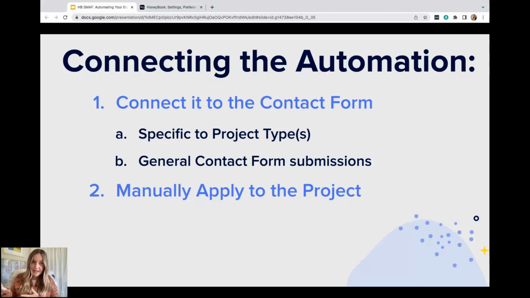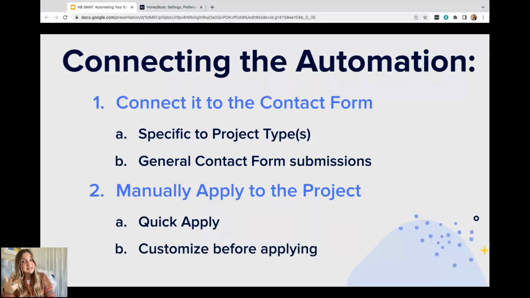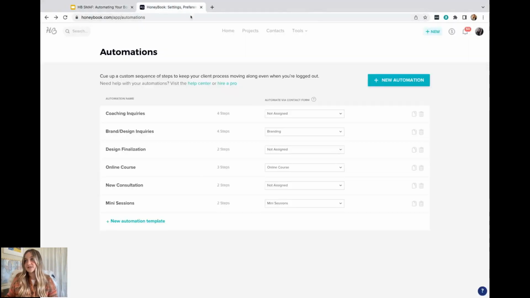So manually adding to project is for those things that need to happen later on, or if there's an automation that's already been applied to a project. So if you've already applied an automation to a project, that automation is done, and now it's time to move on to the next automation, obviously, you're going to need to manually apply that one. So you'll do this inside of a project, and you'll have the quick apply option, or you can customize the automation before applying. So let's take a look